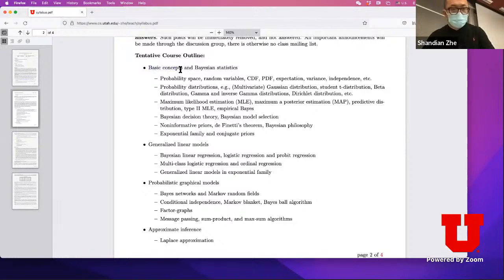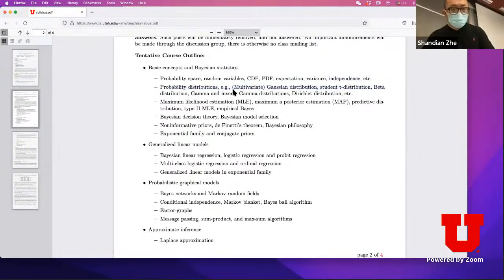At the beginning, in the first few lectures, we're going to introduce basic concepts in Bayesian statistics, like what's the definition of probability space, random variables, cumulative distribution functions, probability density functions, what is expectation, what is variance, what is independence. I believe if you've taken some entry-level statistics class before, you're familiar with that. That's easy. And then we'll